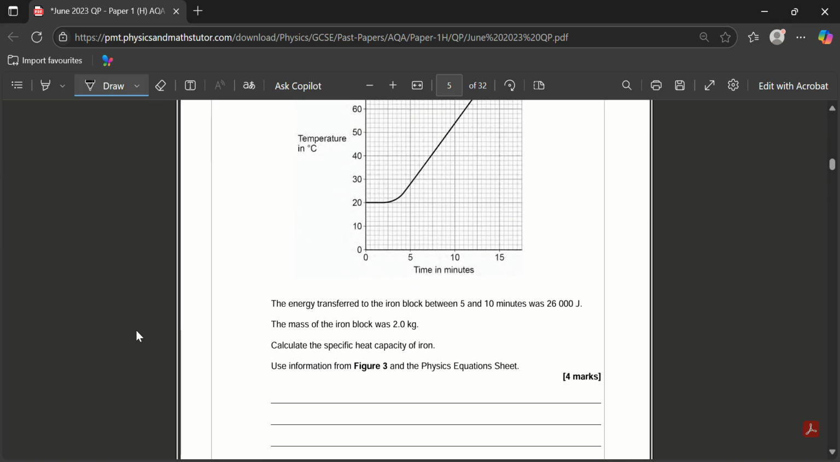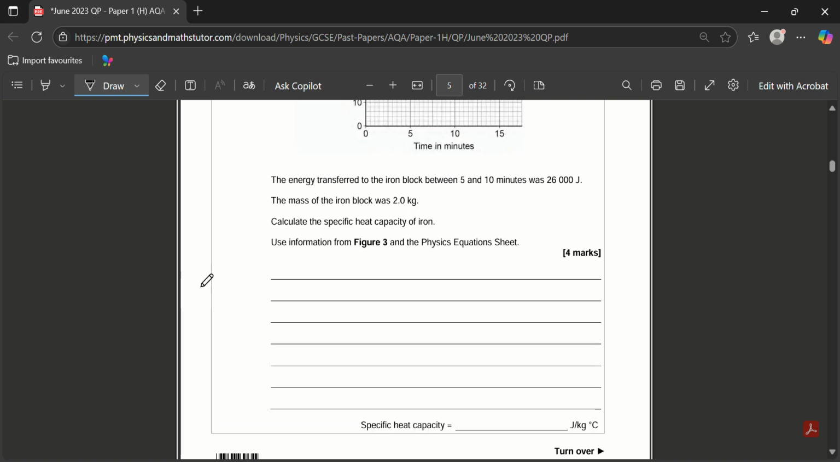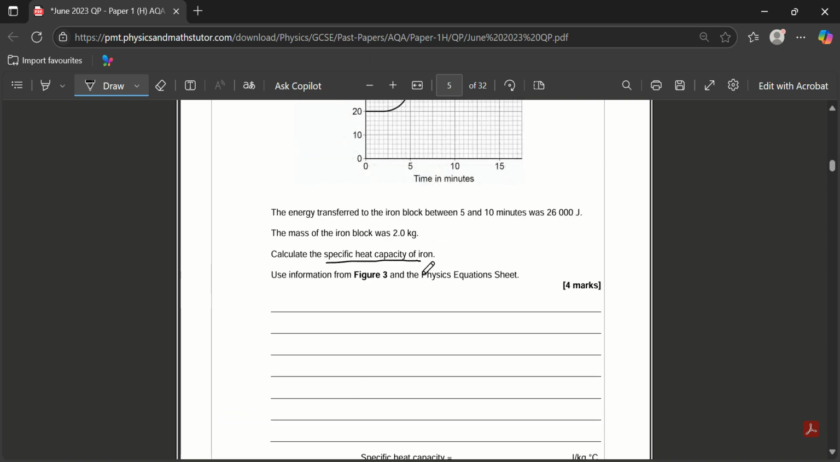Okay, now I have a graph question. These ones usually need more attention. This is calculating specific heat capacity. So, yes, you can use the equation sheet, but this will come up a lot in exams, so it's good just to memorize it. Now you can use delta T here to represent temperature change, or you can use theta. We have M for mass and C for specific heat capacity, and E is just energy transferred. We know that energy transferred is 26,000 joules. We know the mass was 2 kilograms. We don't know what C is, so just write that. And the temperature change